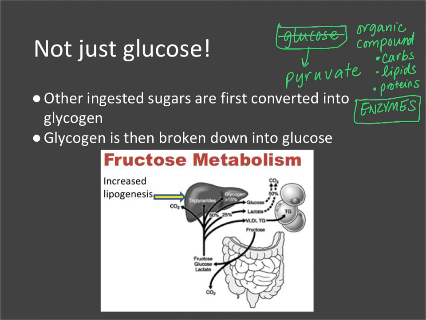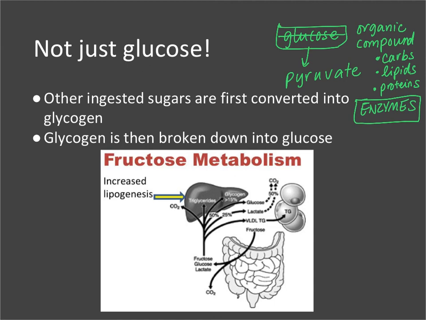But depending on which enzymes we have present, it's not just glucose. We can also get energy, for example, from fructose or sucrose, or fats and oils, or eating proteins in the foods that we eat. So let's first take a look at some of the other carbohydrates that we can get